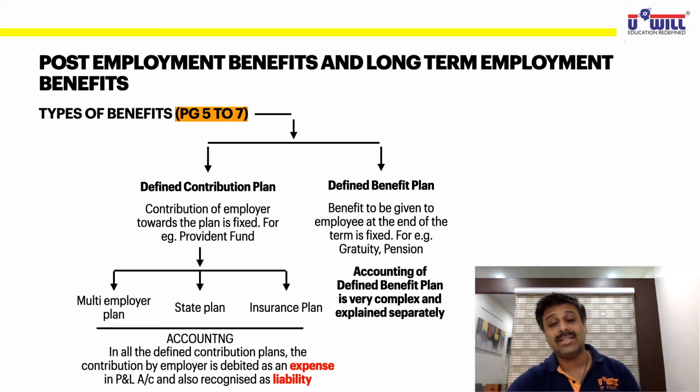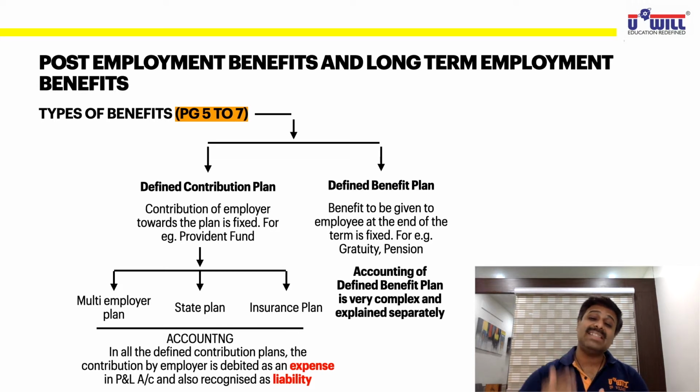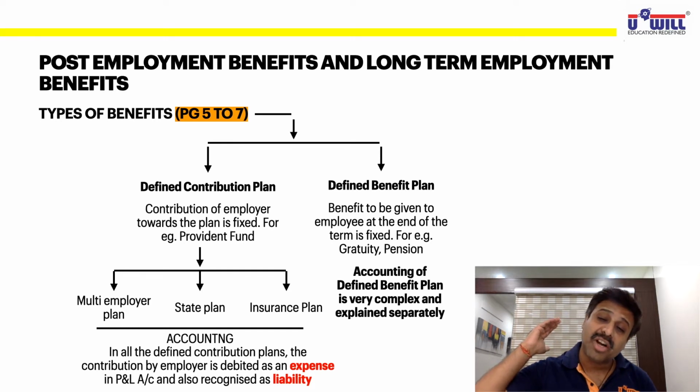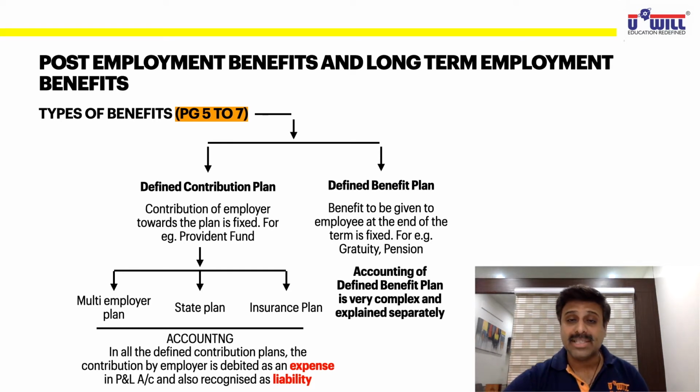We'll see that in today's lecture, don't worry. But accounting is very, very complex. Why is it very, very complex? Just now I told you that what salary we are going to give to the employee after 35 years itself is very difficult to estimate. Now, whatever we are going to give him after 35 years, we have to calculate on the basis of 20 days salary for each year of service. That is again a difficult job. And on the basis of that, what amount we should keep aside every year for the next 35 years is again a difficult task. So accounting of defined benefit plan is very, very complex, and that we are going to see separately. What other problems are also faced in that also we will see separately. To move further, you can pause the video and write it down if you have not written.